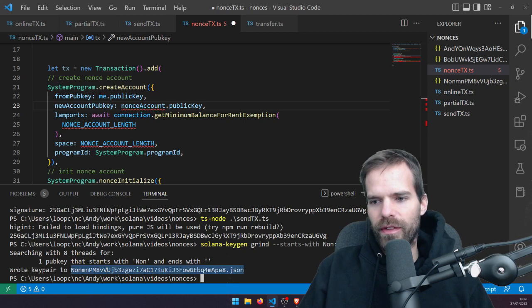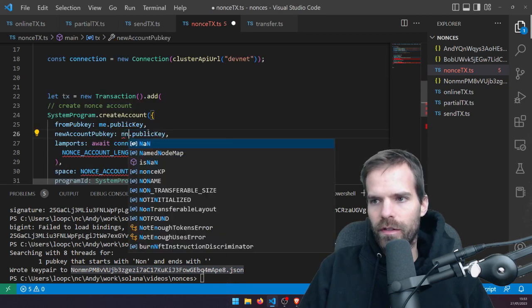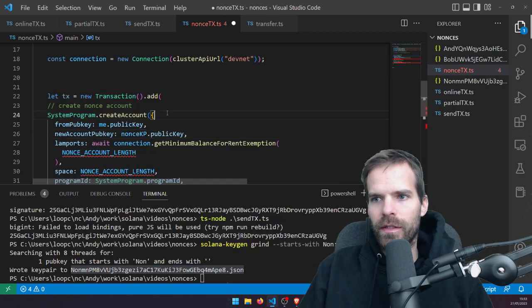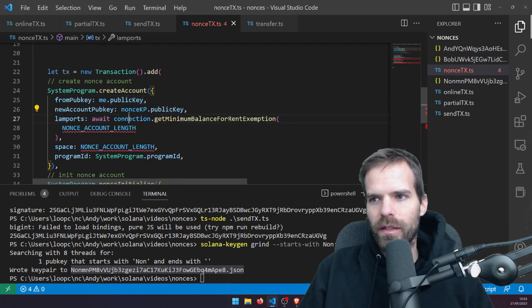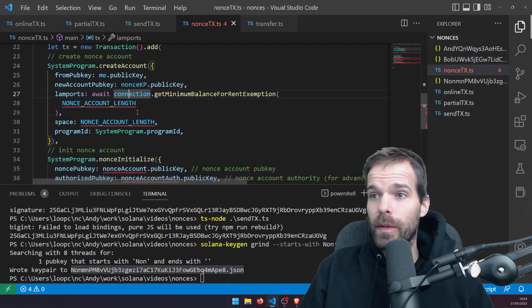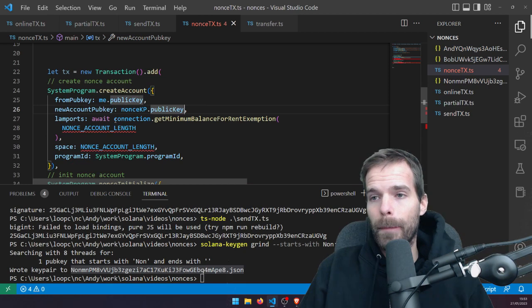This is my nonce now. Okay, so I have a nonce key pair. I really just need the public key, but oh no, I need the key pair because I need to sign for this to create it. Then I need the nonce account length,